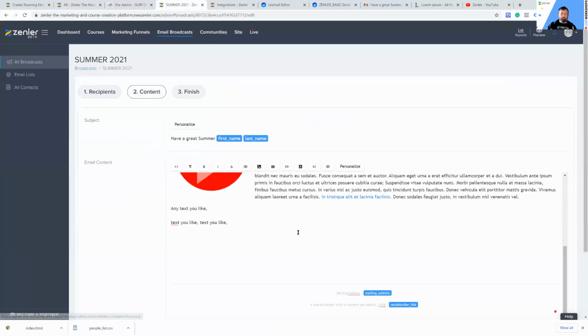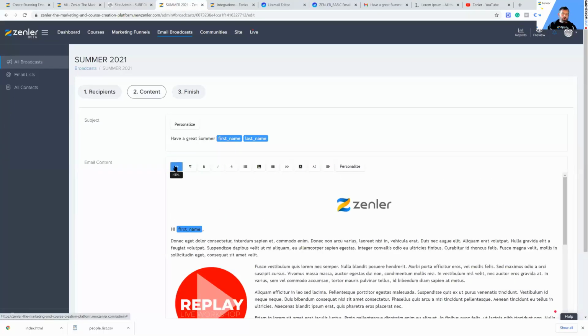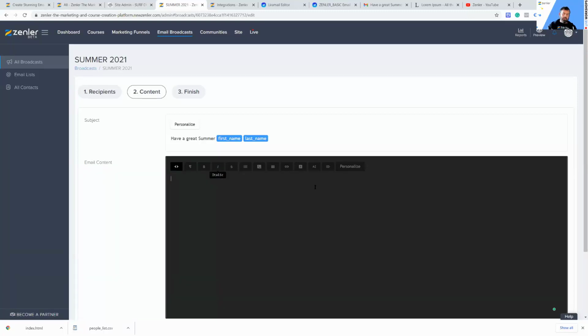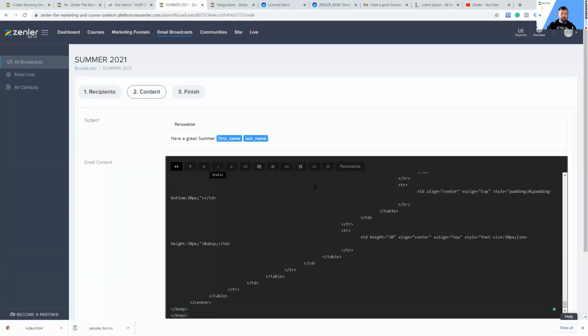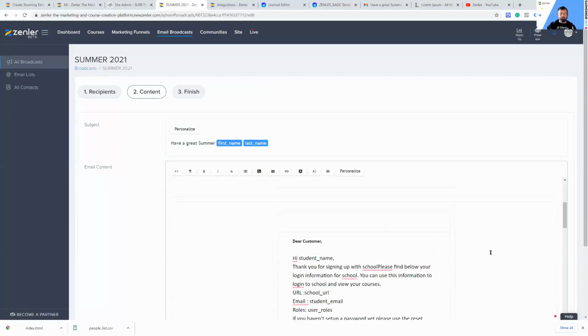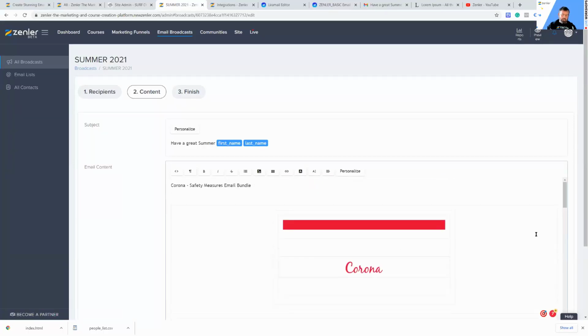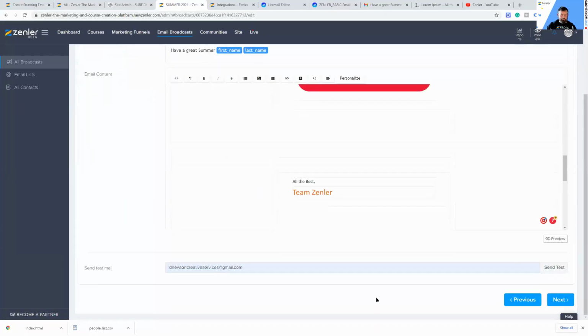So I'm going to go back one. And where I've got the HTML here, all I do is select all, Control-A, delete it out, backspace, Control-V to paste it in, and bang, it's there. Now, it doesn't look very good in here, but when I send it,